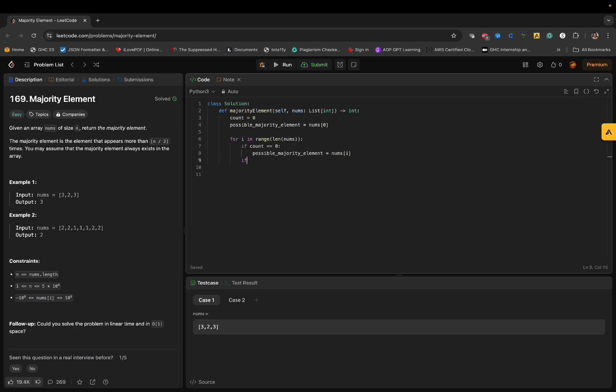Also, we need to check if the possible element is equal to nums of i, then we will increment the count, else we will decrement the count,